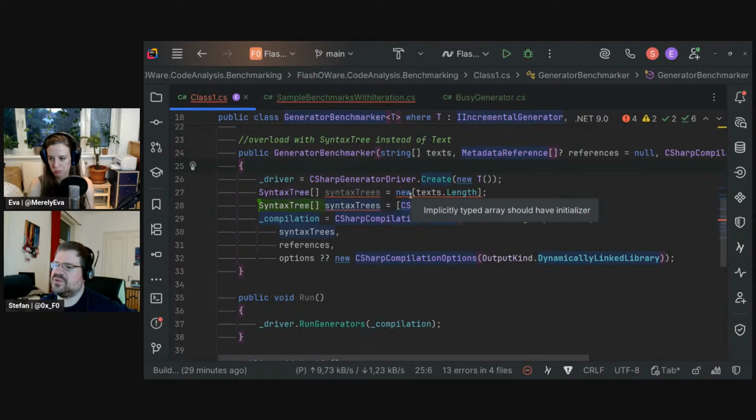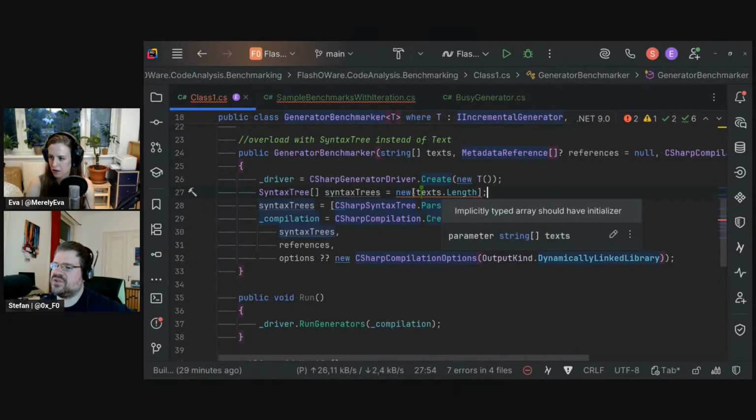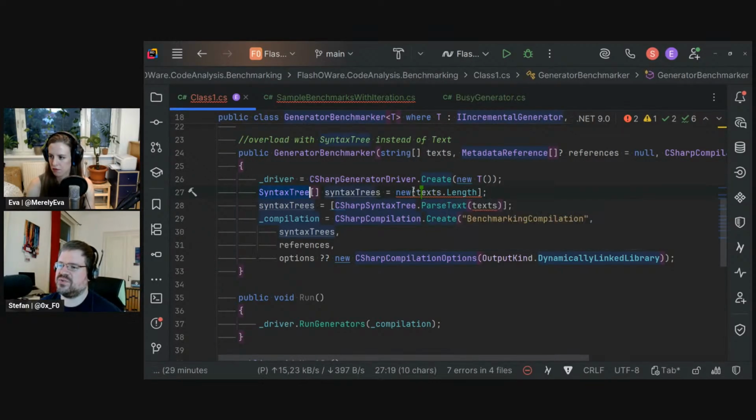Implicitly typed array should have initializer. I'm not entirely certain. Do we need to say syntax tree here before? Yes, okay. Cool. And now let's have a for each loop over this array and